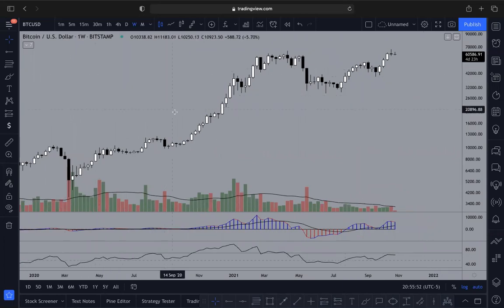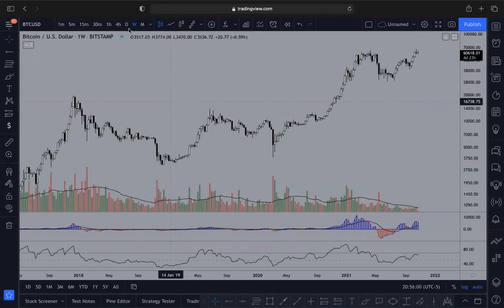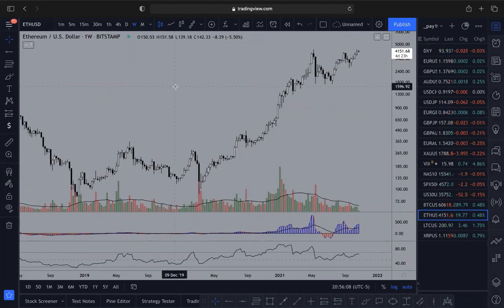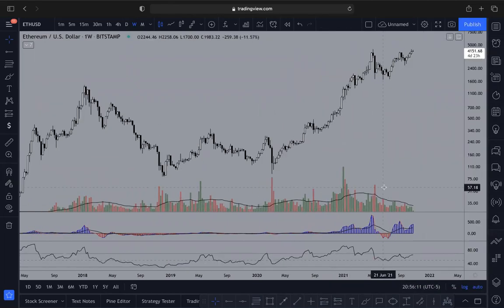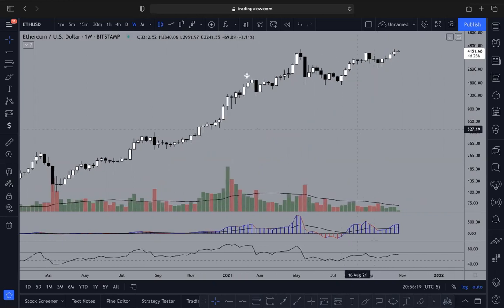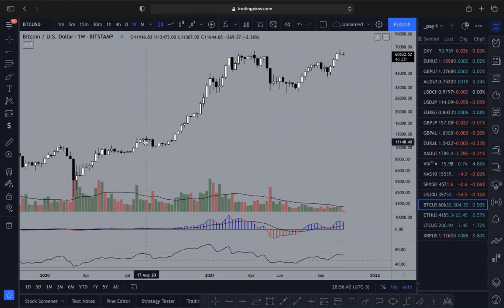I've seen this pattern before, where I know I saw it on Ethereum this bull run. It's right here, where the market will make a run and then show a reversal pattern, and then the next week or two we just blow through it. That's kind of what Bitcoin's doing right now, in my opinion. I think it's going to show this pattern and then blow straight through it, or it's going to do something like this. We might have a little down week or two, but then we're going to blow straight through, and we're going to see